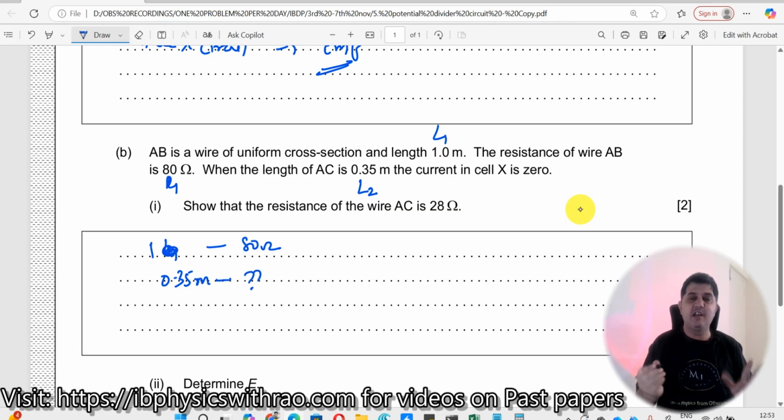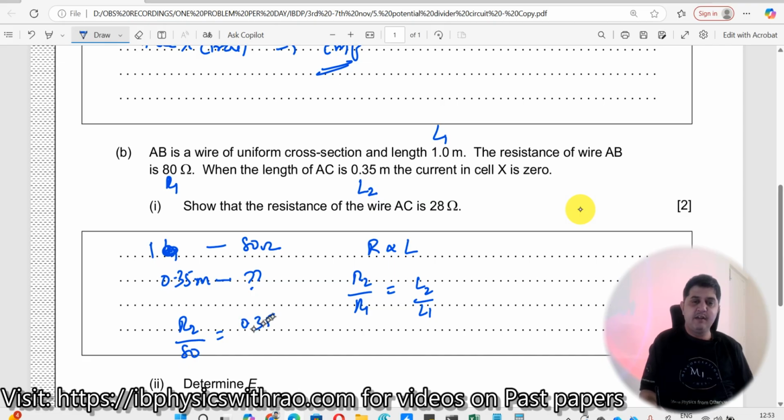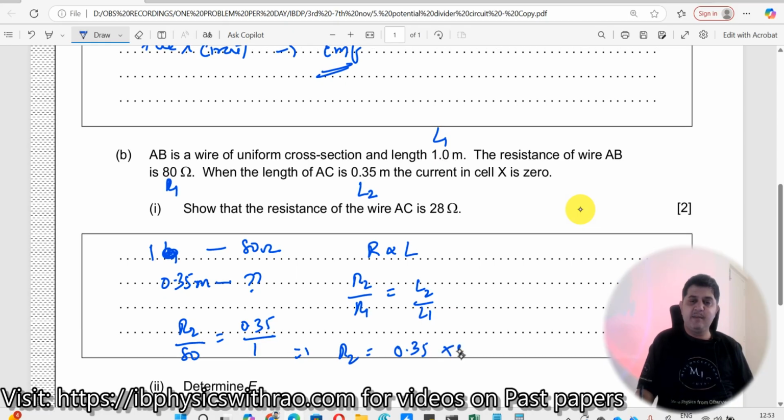Simple method, the unitary method. R is proportional to L. Therefore, R2 by R1 is equal to L2 by L1. Right? So, what is R2? We do not know. So I'll write R2 divided by R1, which is 80, is equal to L2, which is 0.35, divided by L1, which is 1 meter. Thus we can write R2 is equal to 0.35 multiplied by 80, which would now be equal to